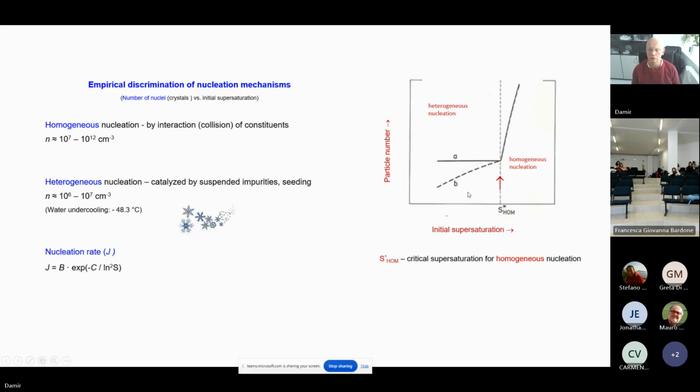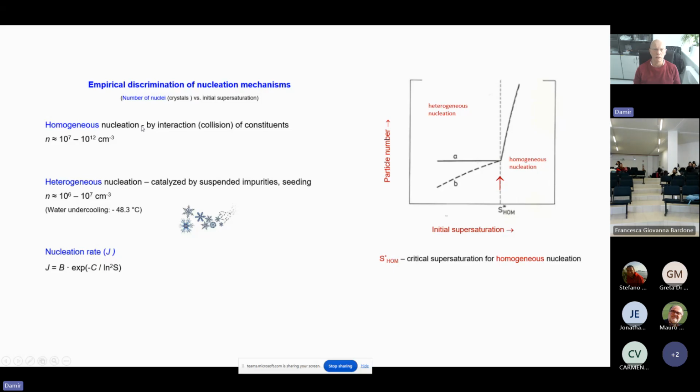So this region here is the so-called heterogeneous nucleation domain. In this domain, the formation of the new phase is catalyzed by the suspended impurities that are always present in the system. The number of these particles is relatively low, on the order of 10^6 to 10^7 per cubic centimeter. In the area of homogeneous nucleation, nucleation is actually the result of collisions of constituent ions,